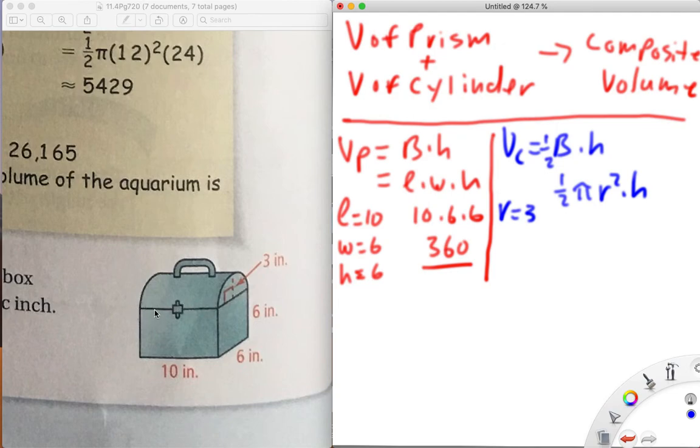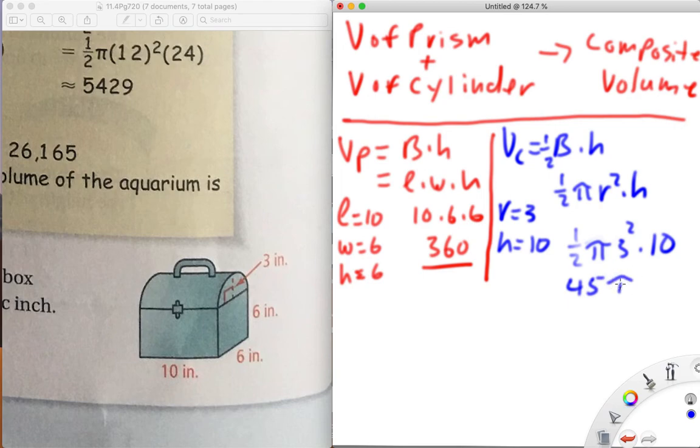So the height's going to be 10 because the 10 connects the two. So that gives us 1/2 pi 3 squared times 10, which is going to be 90 divided by 2, which is going to be